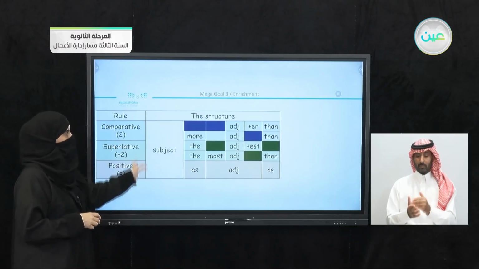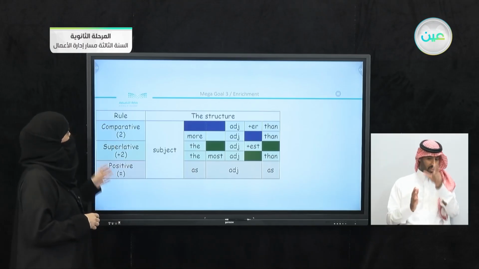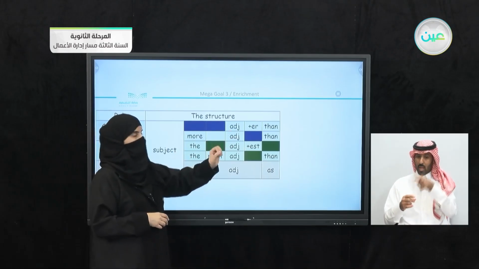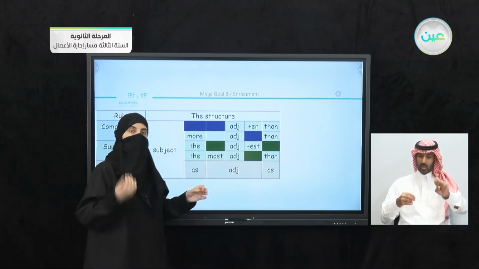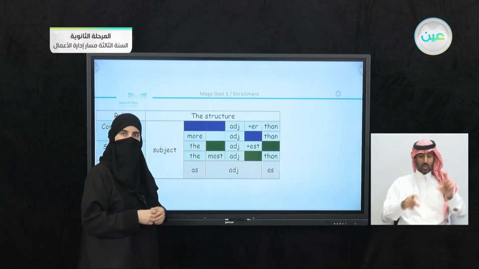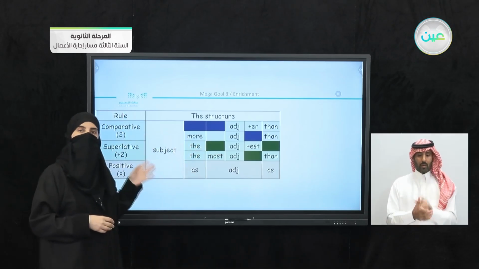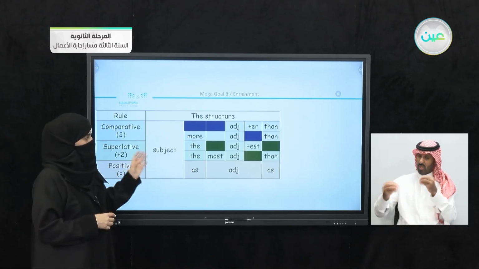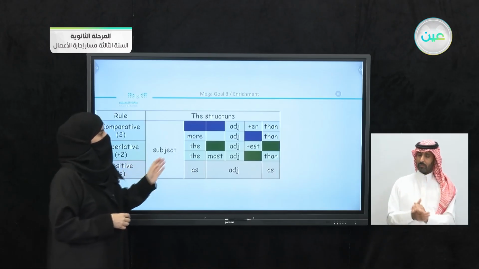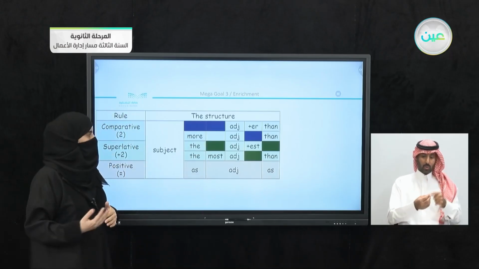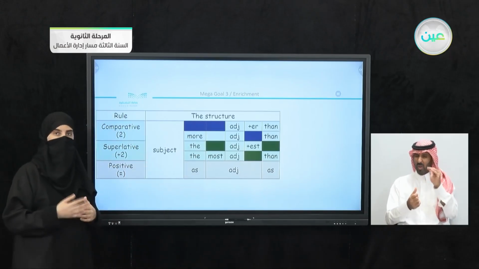Of course, there is going to be the subject. Now, if you have the comparative, you can either use the adjective and add er, than, or if you have a long adjective, use more, adjective, and then. If you are using the superlative degree, of course, you have the instead of than, sorry. You can add either est to the adjective, or use most or least before the adjective.